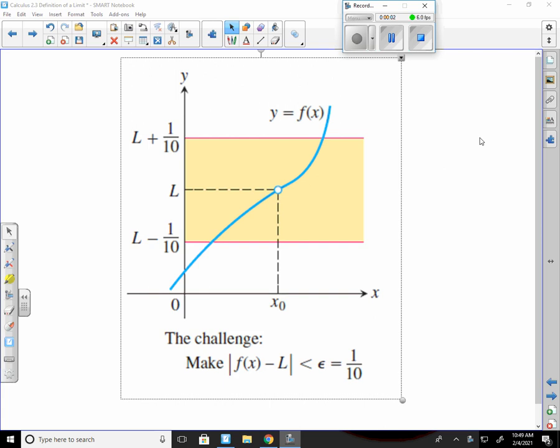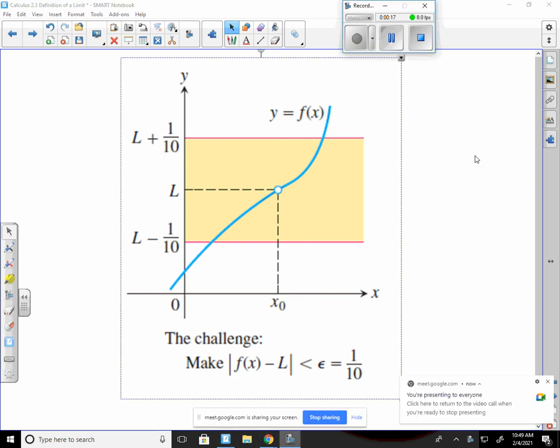All right, we're going to pick up today where we left off yesterday, just looking at continuing this idea of a limit. So as I continue to think about limits,